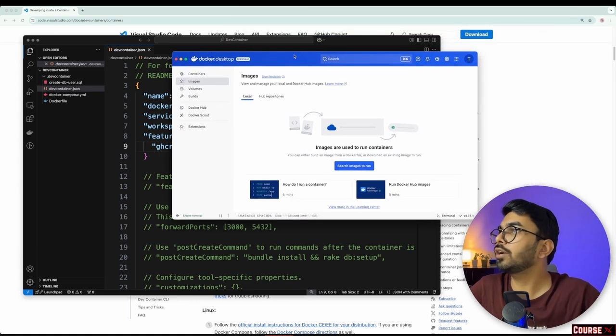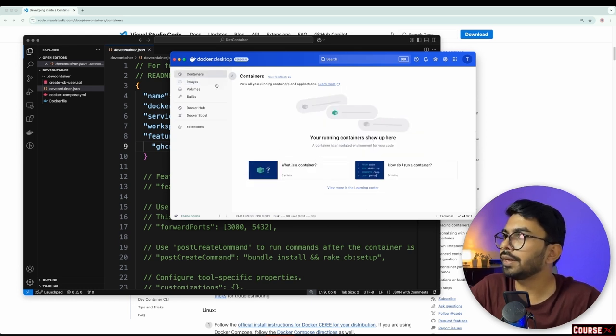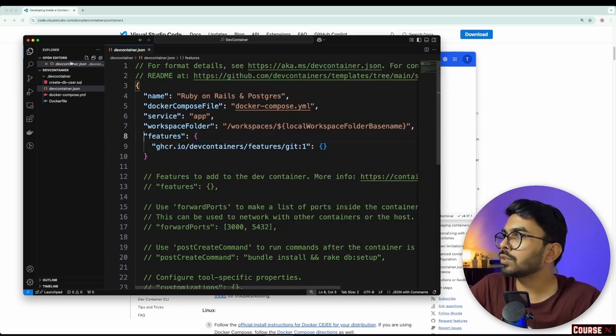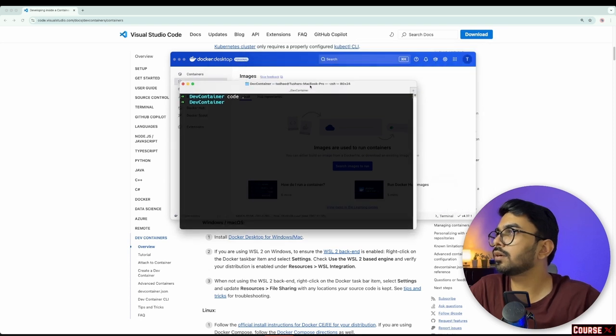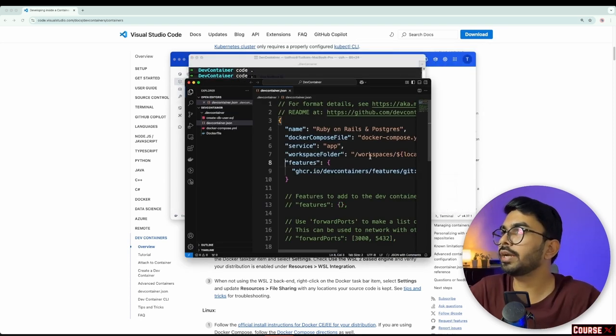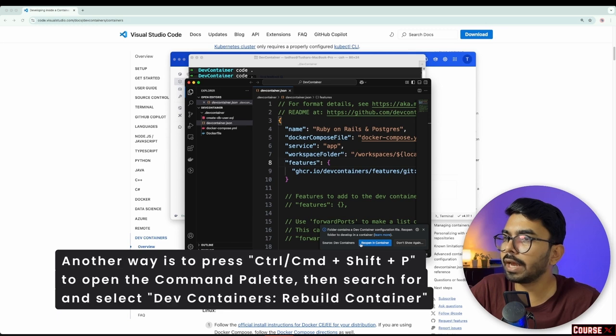So here is my Docker Desktop. Here I can see the containers section is blank, and the images section is also blank. Let's go to VS Code and close it for now, and open up this terminal, where I will again open up the VS Code editor, which should tell me this folder contains a dev container configuration file, and offer to reopen it